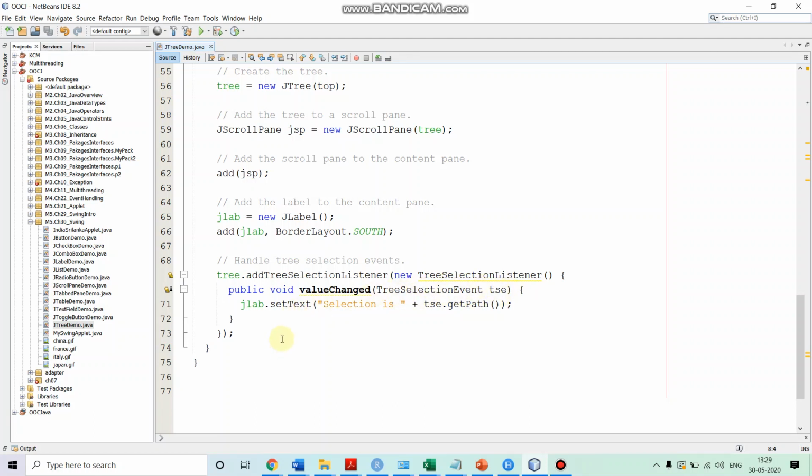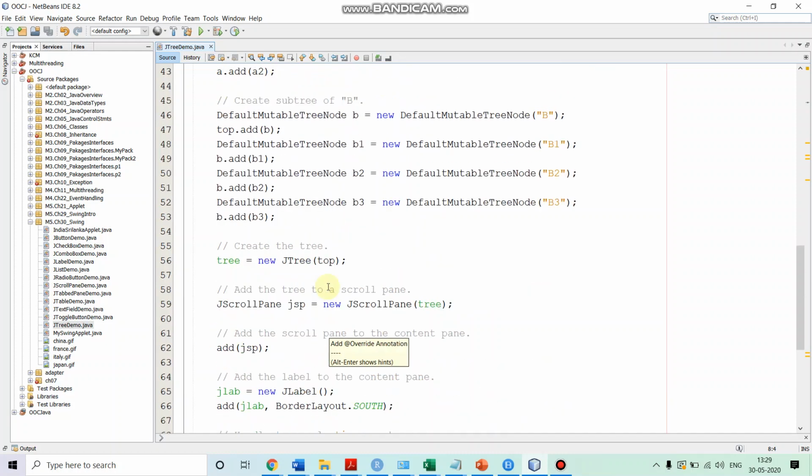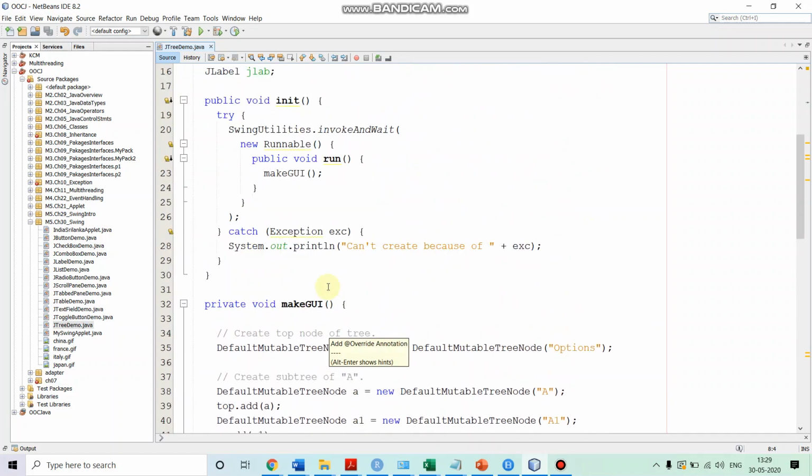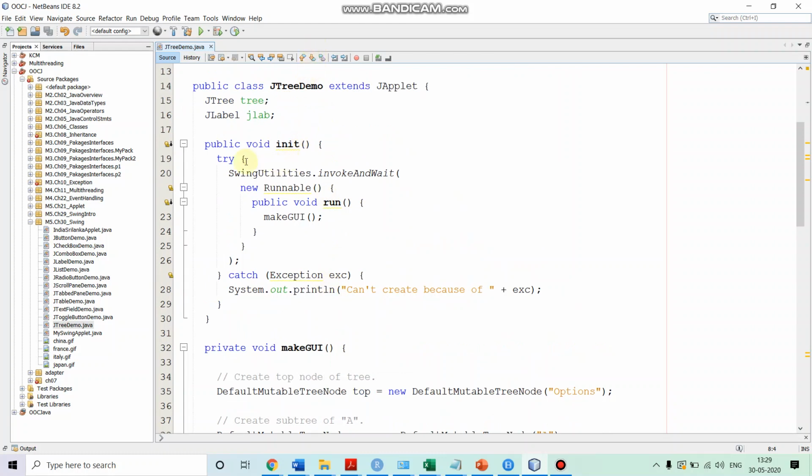In this we set the label to the path of the selected node, which we obtain by calling the method getPath on the tree selection event object. So that path we display in the label. This finishes the creation of our GUI. Then within the method init we invoke this makeGUI in the event dispatching thread, as we did in our earlier videos.